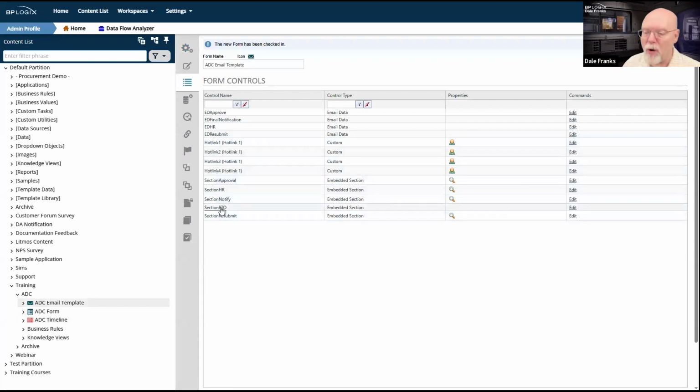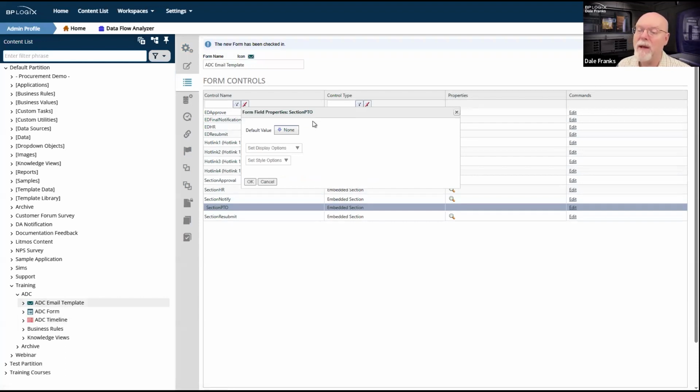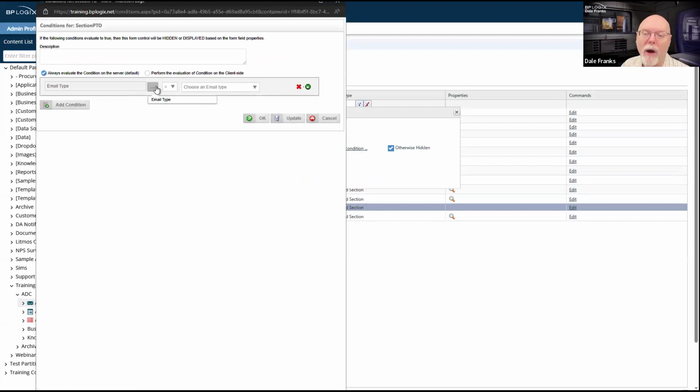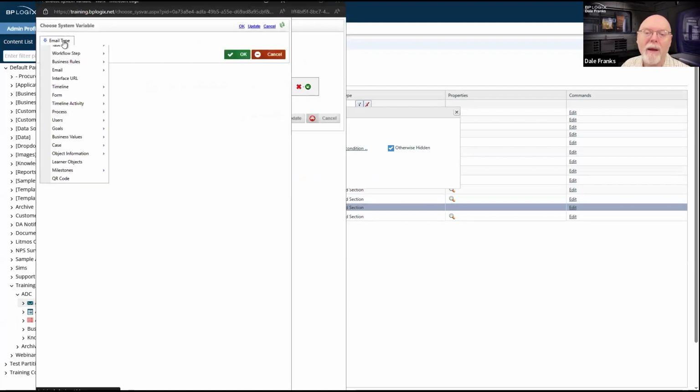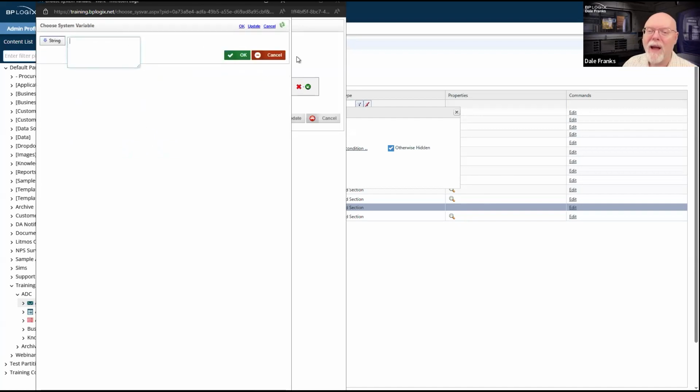And I've got to do one more section, which is section PTO. And I only want that to show up if my request type is a PTO. So this does not count in the mutually exclusive set that I have created. But we'll say this field is visible when, otherwise hidden, when the request type, I'm going to have to do this by system variable.